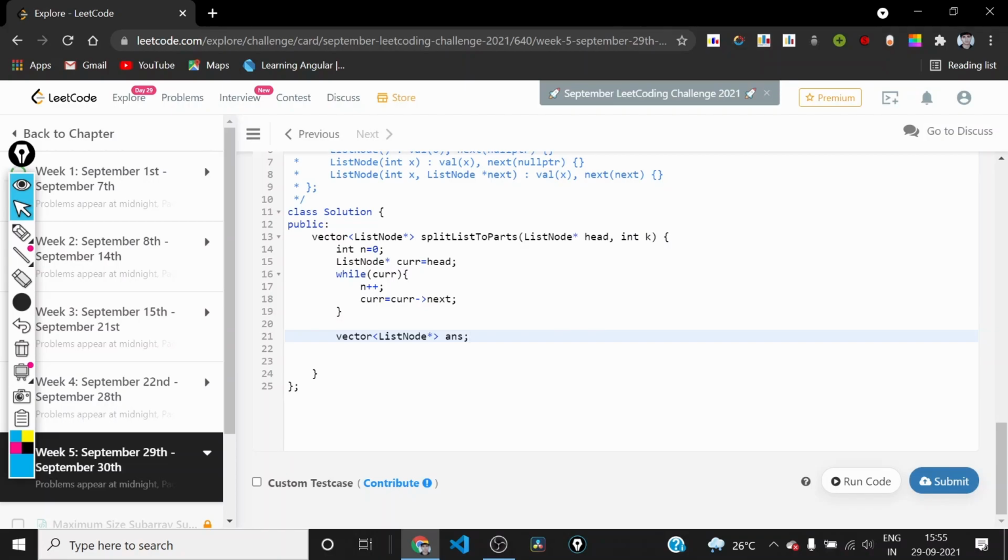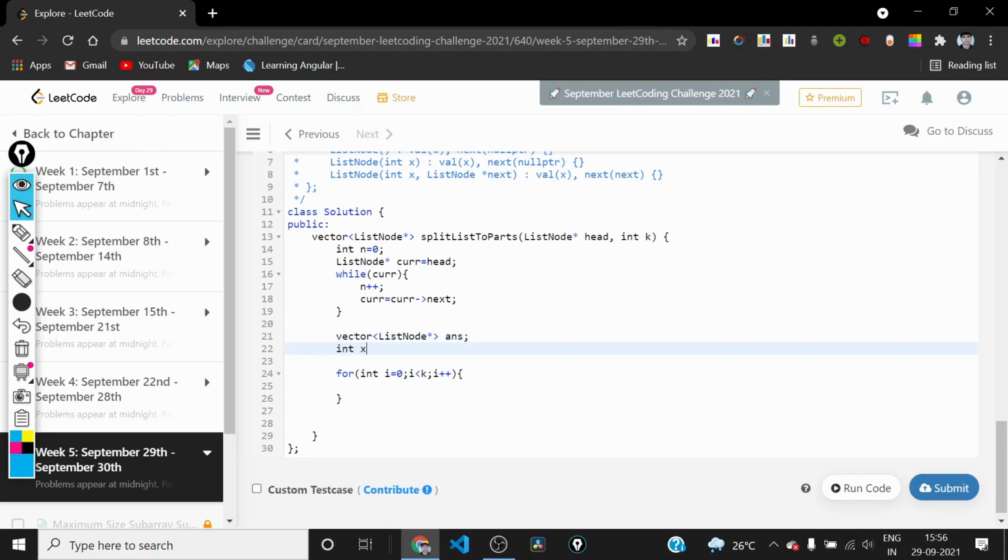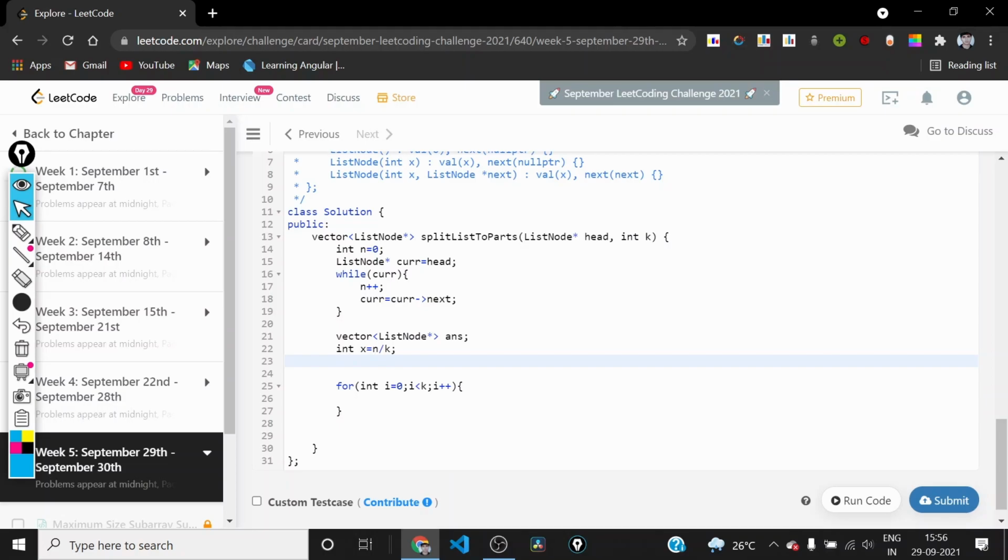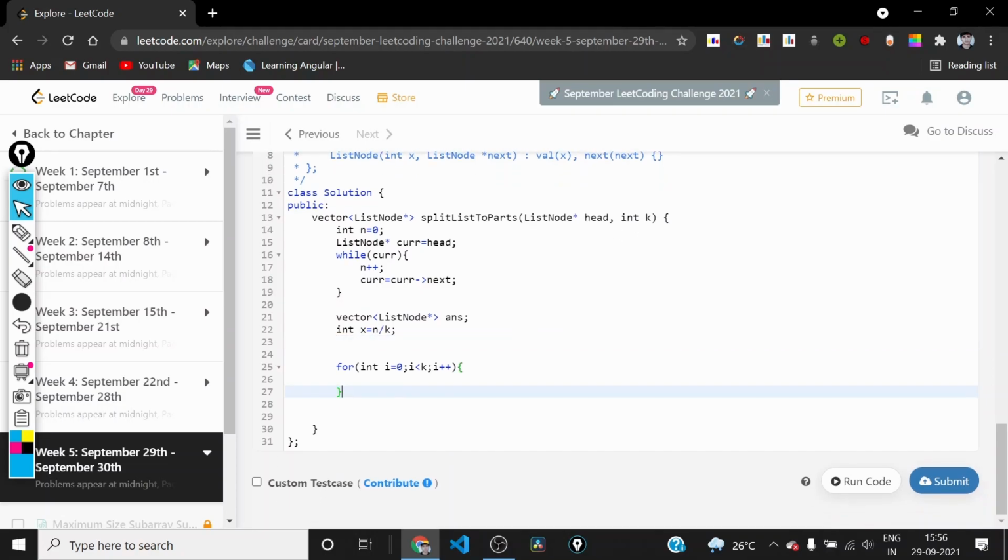And now we can iterate. We can do i equals 0 to i less than k. So basically we are running this loop for every part, and we first need to calculate x. So x is n by k. Here n by k is floor division, and here we will have an int real size, something like that.